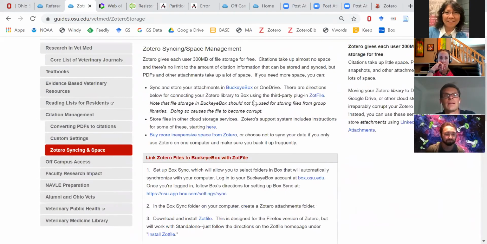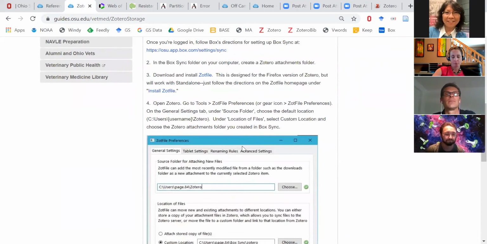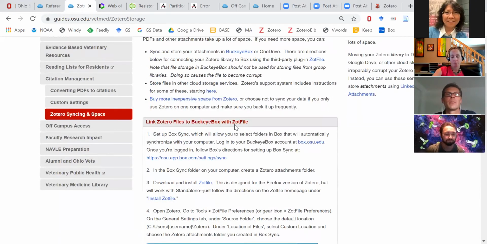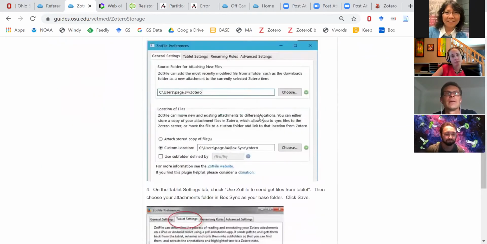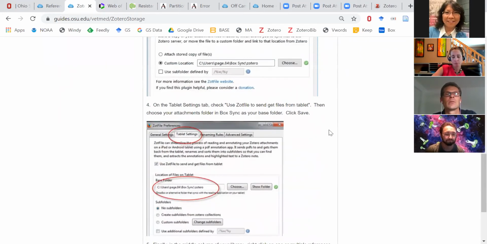If you have just the citation, it doesn't take a lot of space. But if you also use this to store your PDFs, which I would recommend, then you have to think about storage space. You can back it up to Box, which is what I set up, but it's not really working for group libraries, so it will corrupt your files. There's some language in here that you probably want to look at,